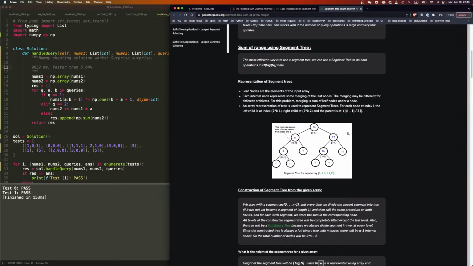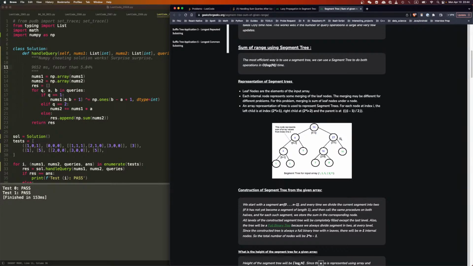So that's the construction. You build the tree first. This will be the sum of these two. So you build the tree, and after you finish building the tree,